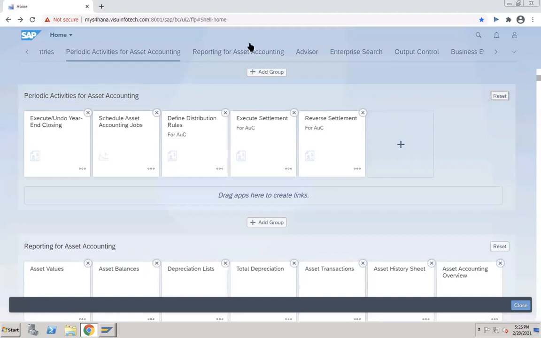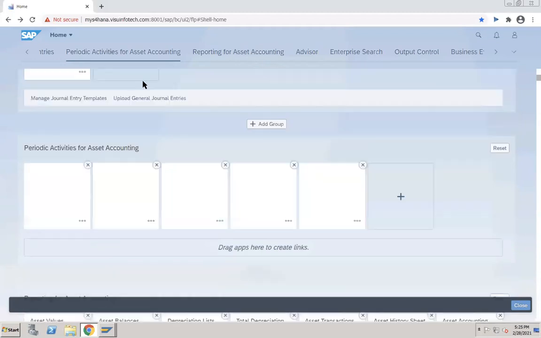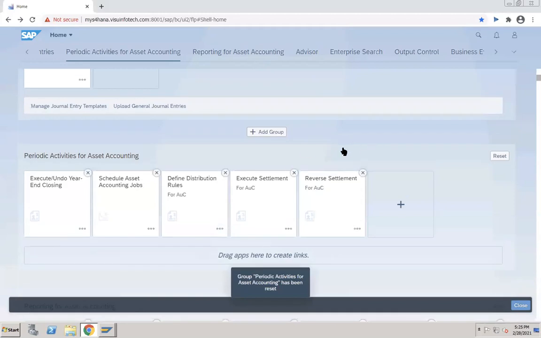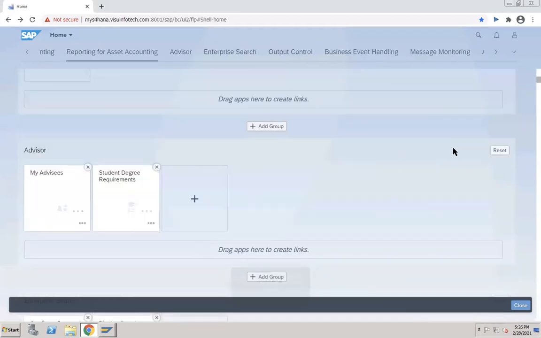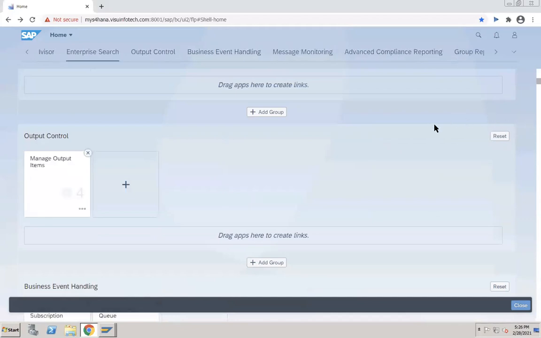And these all are groups I told you about. So here also you can add your own group. Under your group, you can add the different apps which you are using. First I will add a new group here.